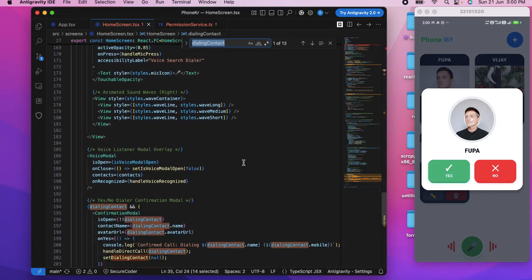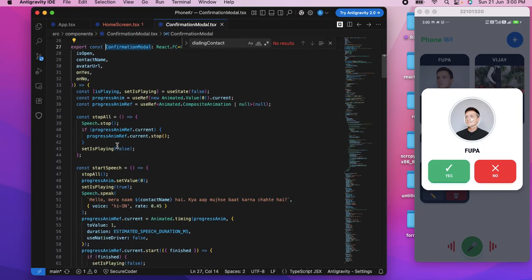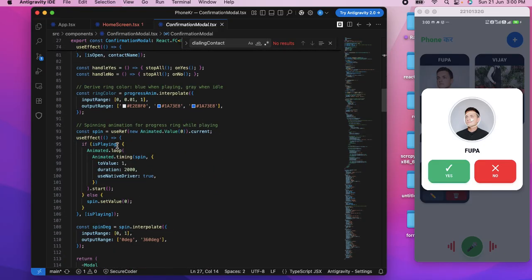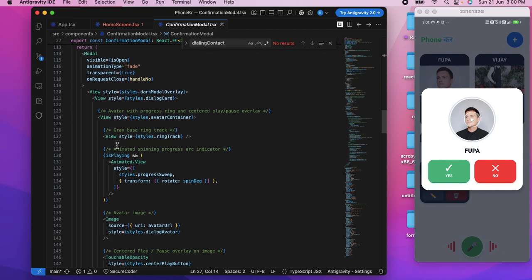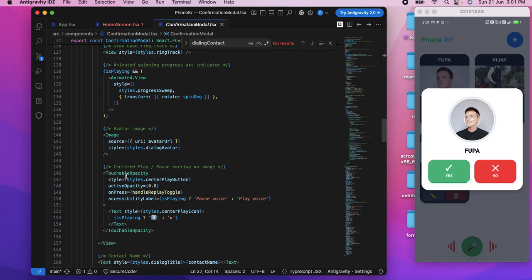I think it's below. The confirmation model is there. Okay, so in this confirmation model, go inside and see the code properly. This is the avatar image which we have inside the center, and we have the pause and play button here.